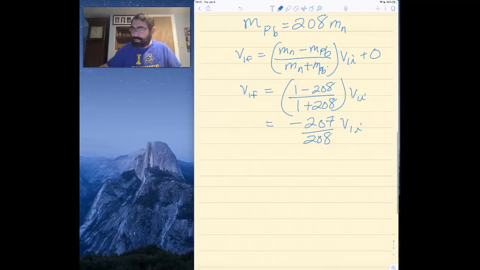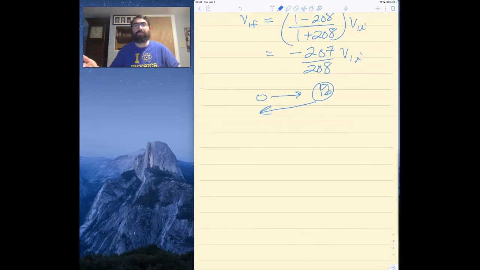So this neutron hits my lead nucleus and bounces off at basically 99% of its initial speed. It doesn't slow down. All I've done is bounce this neutron against a wall. Whereas if I bounce this neutron off a hydrogen nucleus, a proton, which has about the same mass,